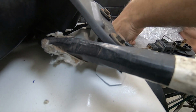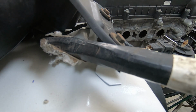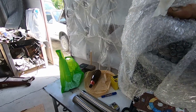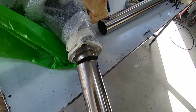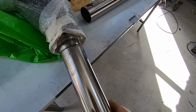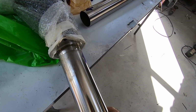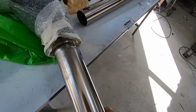I've wrapped it up, because the trouble is, you send stuff down to a machine shop, and they're not always that careful with stuff. And this has got a ceramic coating on it, and I prefer it to come back with the ceramic coating on. So the idea is, he puts it in a lathe and stretches it, and this has got some sort of round dolly. I've seen them in exhaust shops. And if he can't do it, then maybe I run to an exhaust shop and just get them to stretch that onto there, so I can do a slide fit,